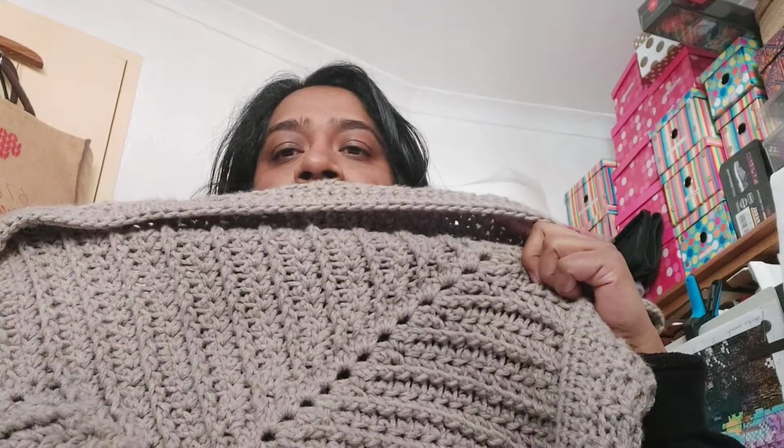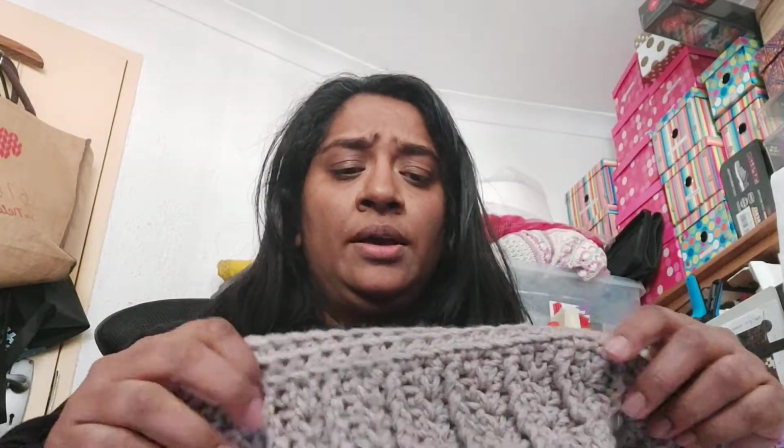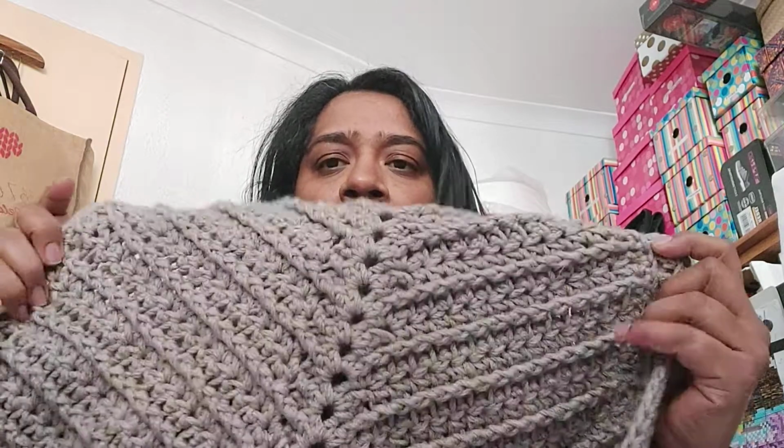And I used 6 balls of the chunky yarn, and I basically could crochet 2 balls per evening. So this blanket literally took me 3 evenings. That's it. Only in the evenings. It works so quickly. So if you want to make these blankets, or a lot in very little time, then I would really say try it, because it does work up so fast,